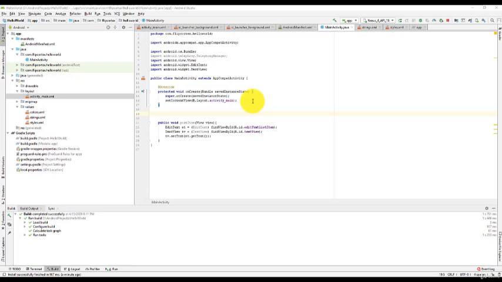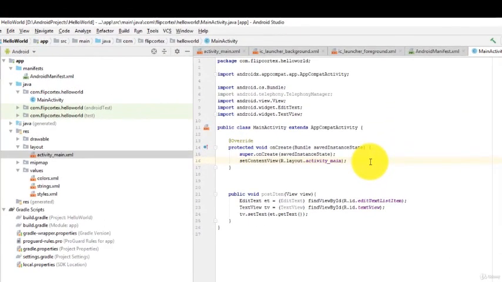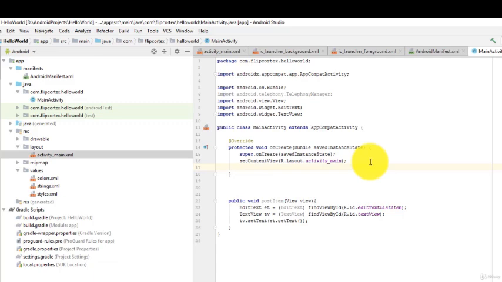So we won't refer to the event handler within the XML, but rather we'll just create it in Java programmatically. In this case, for example, we can go to the onCreate method. The onCreate is what happens when the activity starts. When the activity is created for the first time, this code is executed. And you'd be able to attach your own actions over here to run after the first execution.